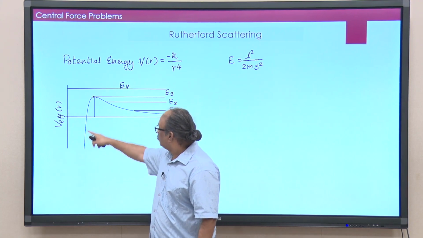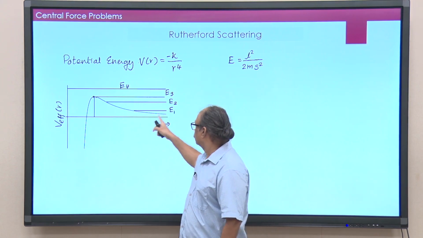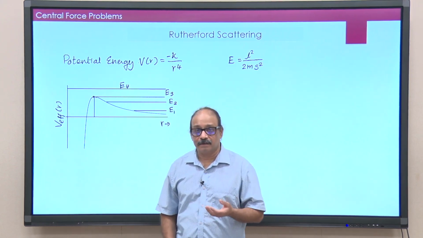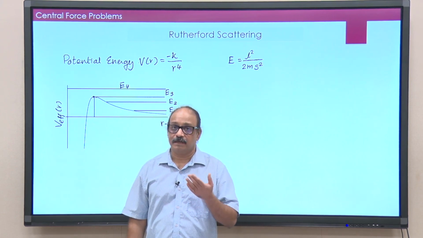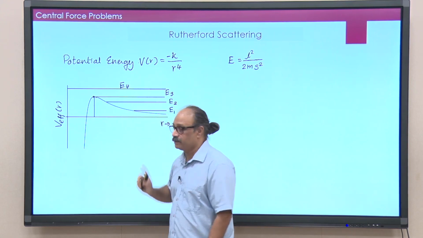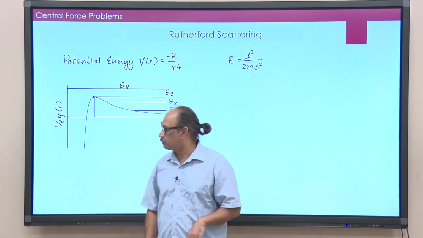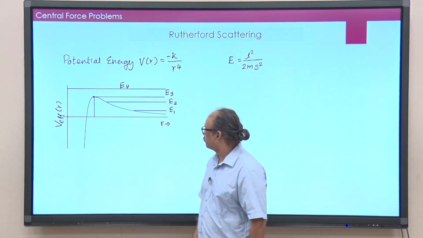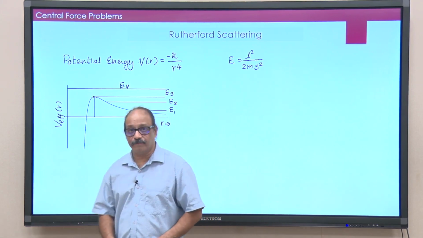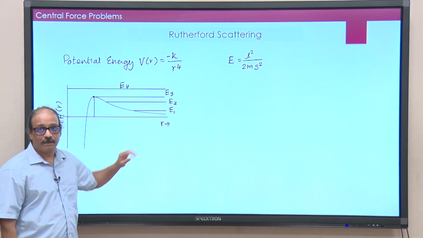And in addition, now you have a maximum here, and then as r goes to infinity, beyond a certain value of r, 1 over r square will start dominating. That is when you get these positive values, and then eventually both 1 over r square and 1 over r to the power 4 will go to 0, resulting in the 0 here. Okay, so, this is the V effective. Now, I will consider several possibilities here.